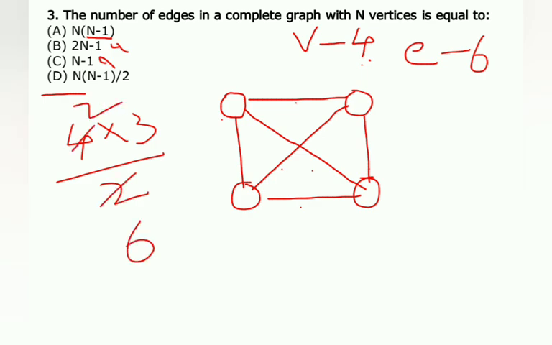So the number of edges is 6. So this option is correct. The number of edges in a complete graph with n vertices is equal to n(n minus 1)/2. So if you know the definitions of the different types of graph, you can easily solve a given question. What is meant by a complete graph, what is meant by a bipartite graph,